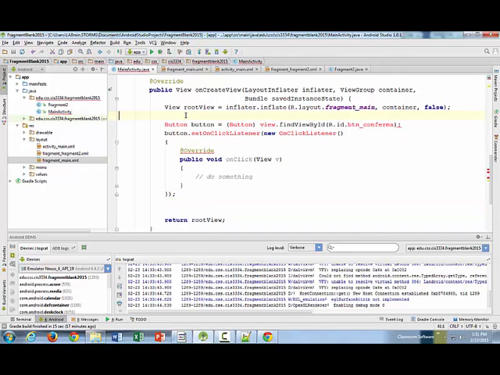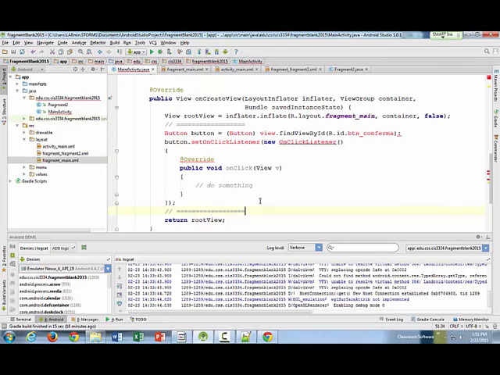So this is the code I'm putting in between. So inside my fragment